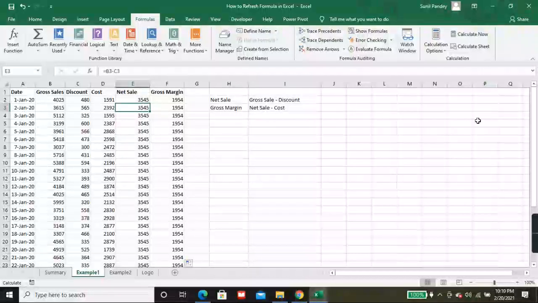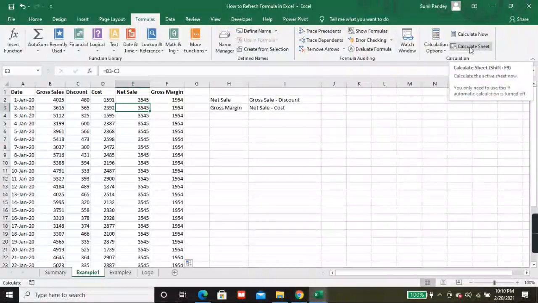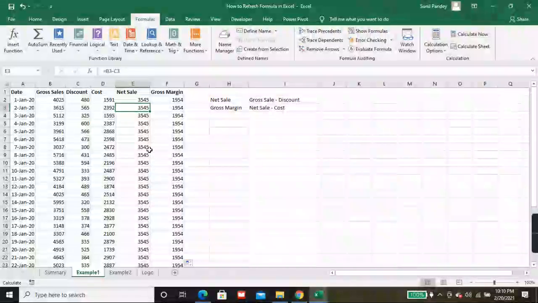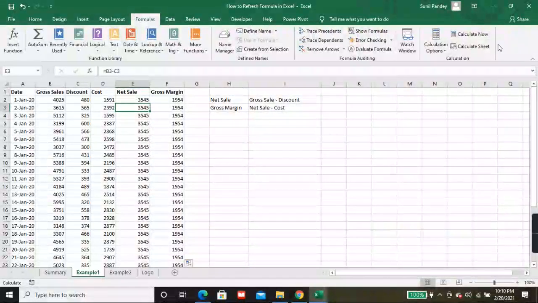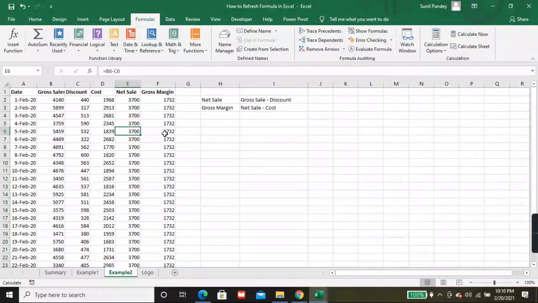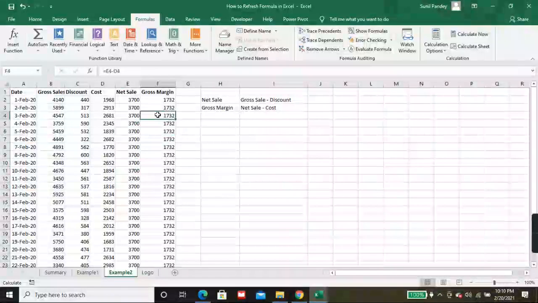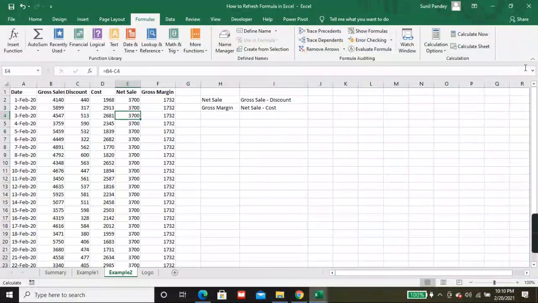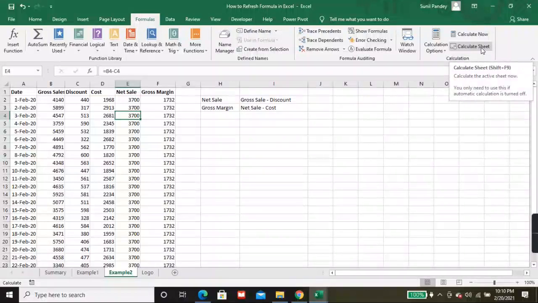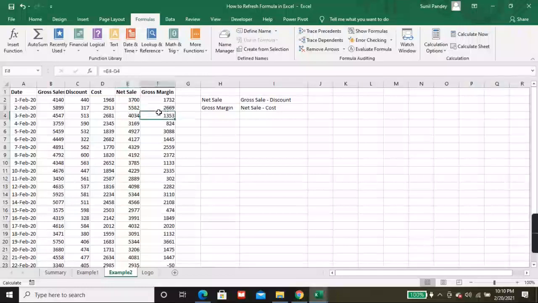If I click Calculate Sheet, it will recalculate only this particular active sheet. Let's see. I'll click Calculate Sheet. If I go to example 2, it will not calculate it; it remains the same. Then I have to click Calculate Sheet again, and then it will recalculate. But if you click Calculate Now, it will recalculate all the sheets.